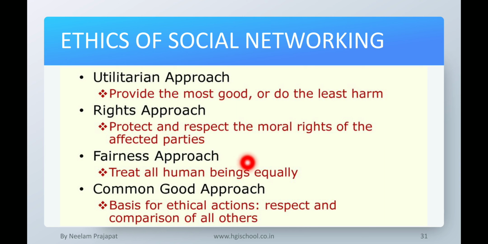Then the fairness approach means treat all human beings equally. Whenever we are passing on comments or posting something, we should not hurt anyone. The common good approach is the basis for ethical actions, with respect and compassion for all others.